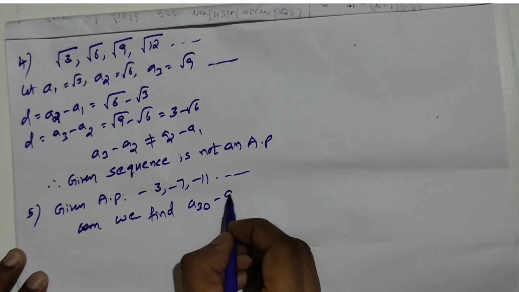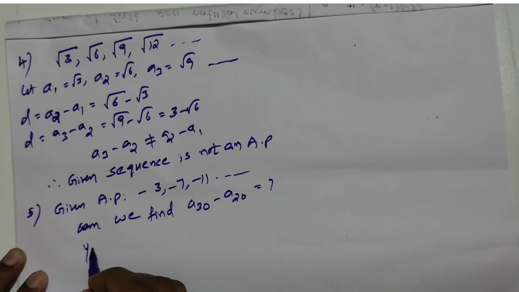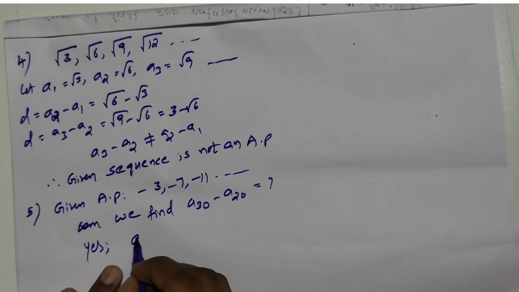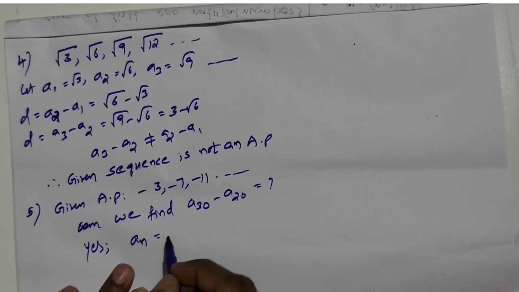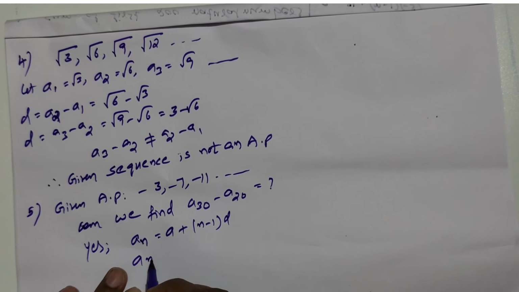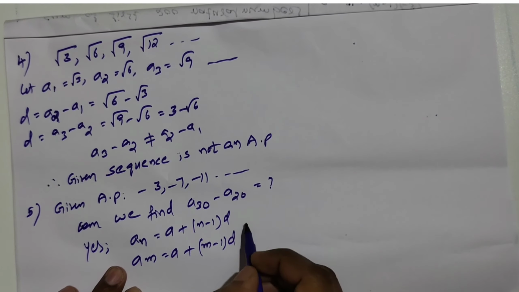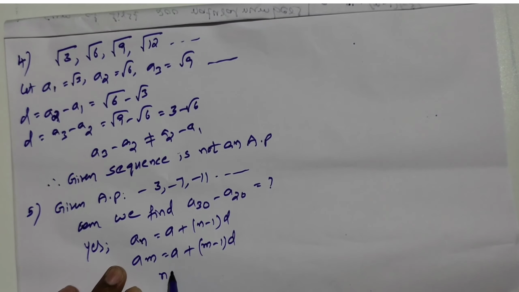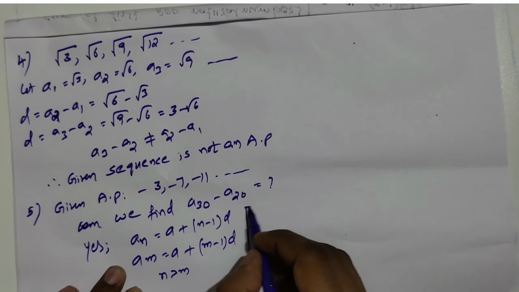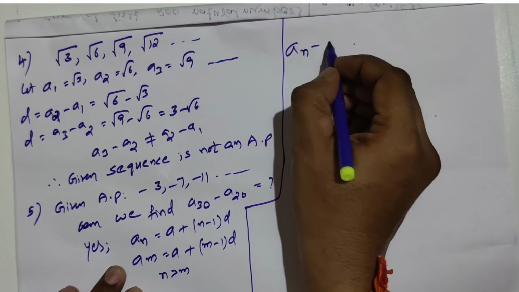A30 minus A20, that is the question. So yes, we can find how. In general, AN is equal to A plus n minus 1 into D, and AM is equal to A plus m minus 1 into D. Here we have to take n greater than m. So if we have an minus am,